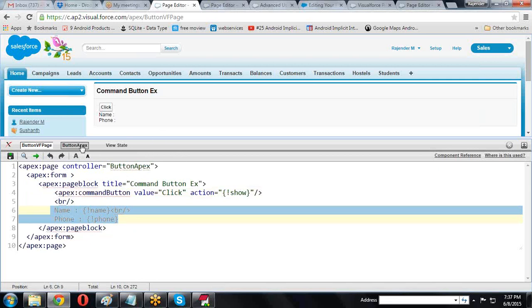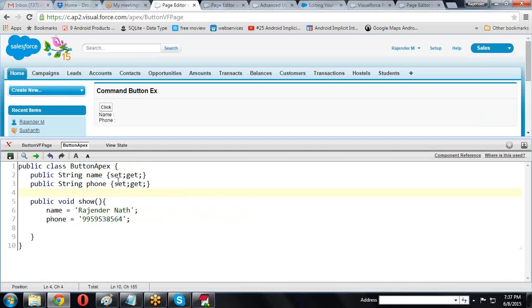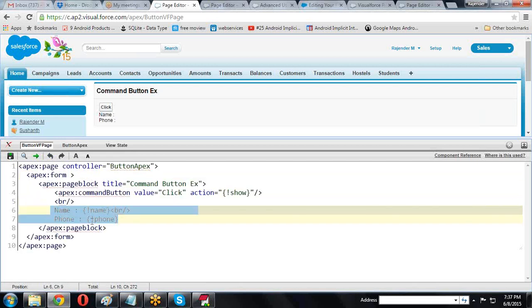The method is constructed and only the setter method is called whenever this apex executes. The values are stored in the setter method, and whenever we call the name and phone number here, the getter method executes and displays them. This is the way you retrieve data from Apex classes.